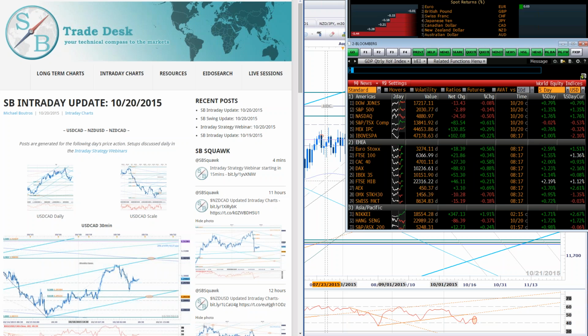So you want to keep expectations trimmed on some of these CAD crosses, but certainly the setups are there and they're looking pretty good here. So we'll go over yesterday's update on dollar CAD, Kiwi dollar, and Kiwi CAD. We'll go over some of the Aussie crosses as well. We'll take a quick gander back at the euro. The euros have sort of been in this holding pattern right ahead of the ECB. So we want to stay nimble on those pairs as well, but we're still looking at the euro Aus. Euro CAD is looking still like it's holding its own. So we'll see if we can get a little bit more clarity on those setups today as well.